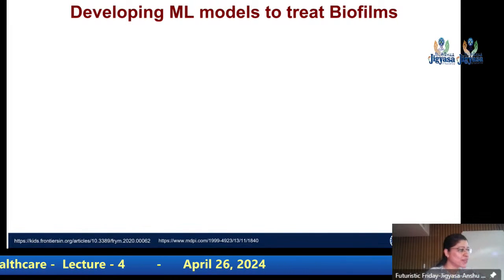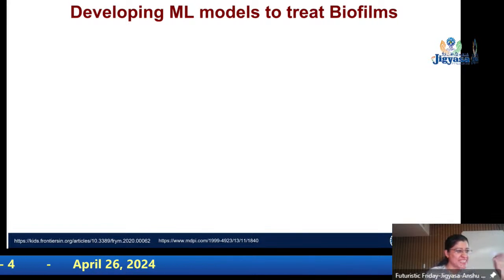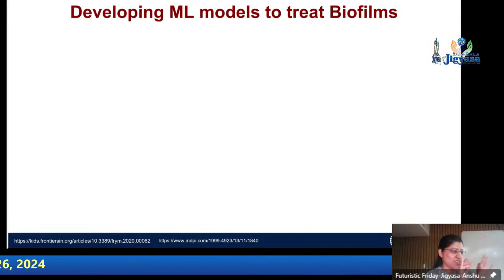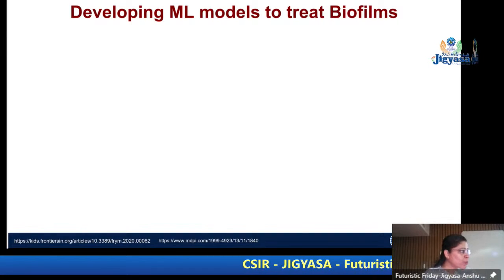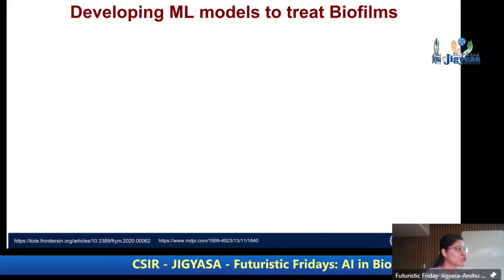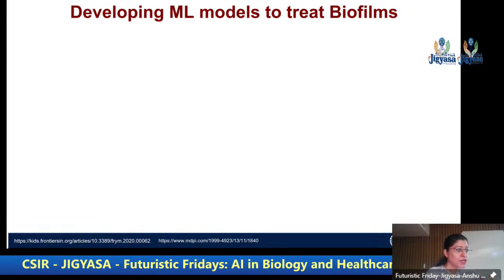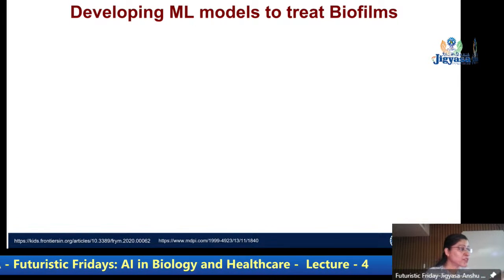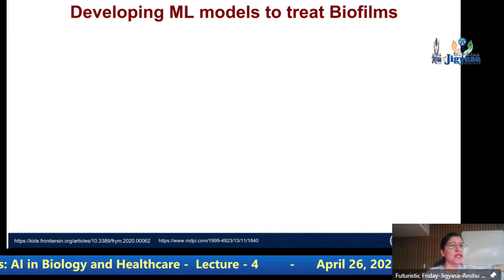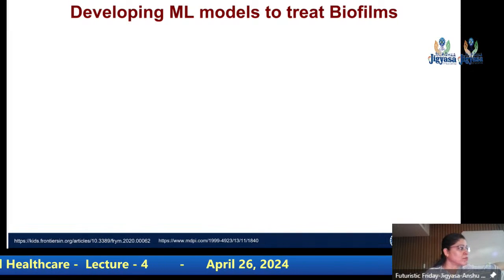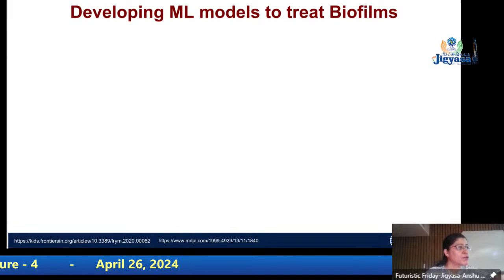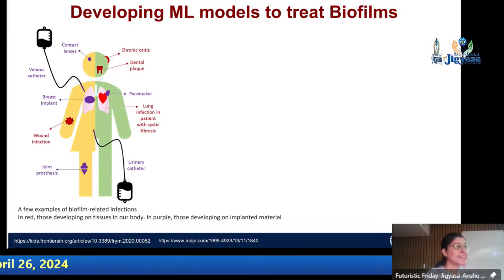How many of you have sometimes realized that the soap is very sticky after some usage? You feel that, right? And how many times have you slipped on a rock because it has some green substance on it? It becomes slippery, right? All these places, it's because a biofilm is growing there. Biofilm is nothing but a colony of microbes. They are very difficult to treat in a hospital setting because they can be anywhere.